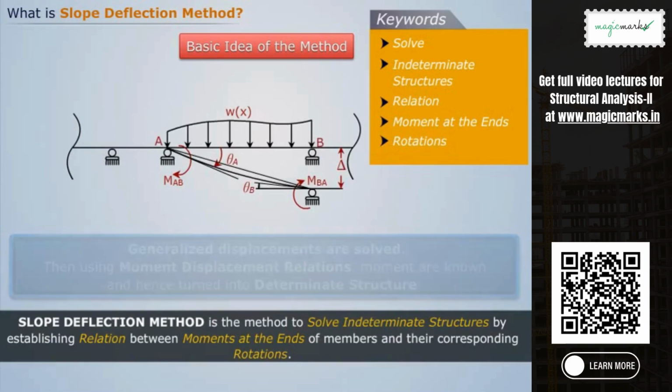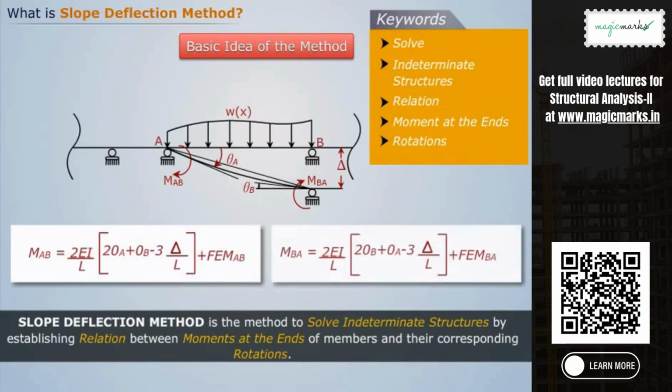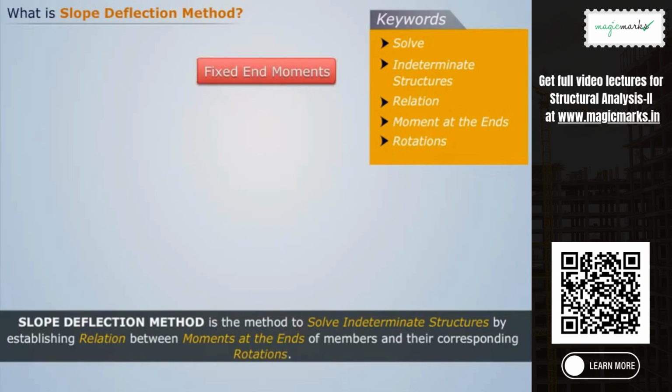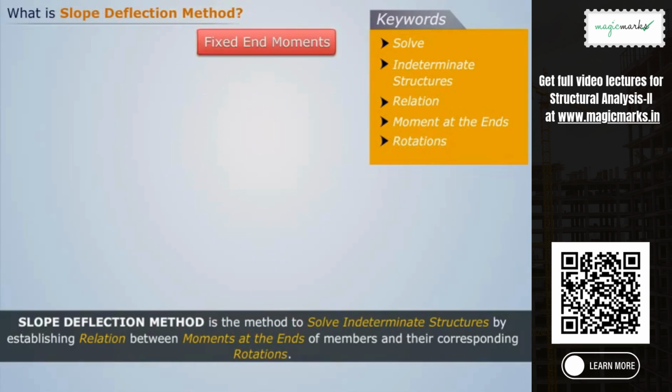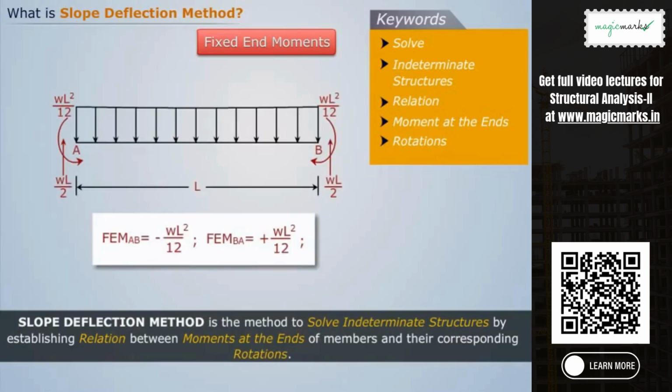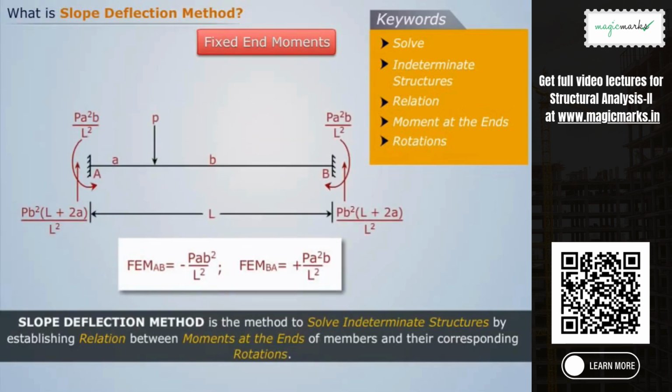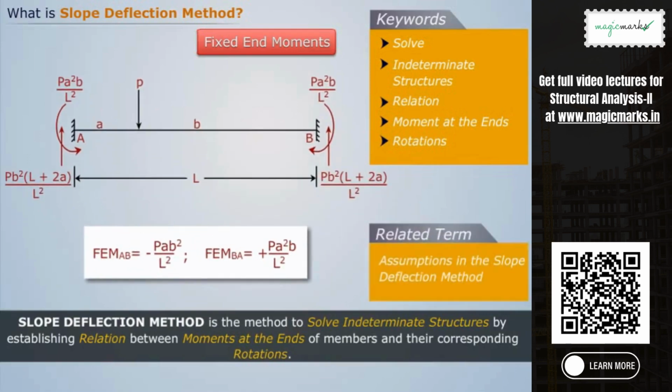The fundamental slope deflection equation is where FEM is the fixed end moment, theta is the rotations and delta is the displacements. Now let us discuss the fixed end moments. These are different for different conditions, such as for uniformly distributed load and for point load. The related term is